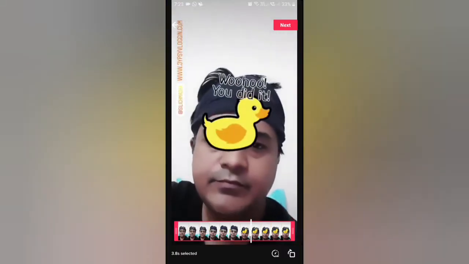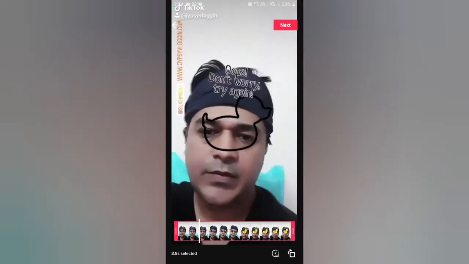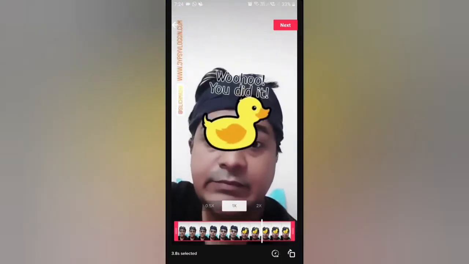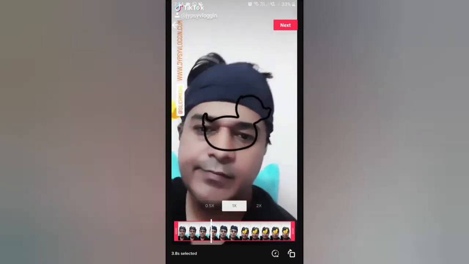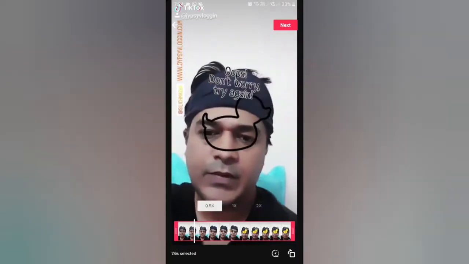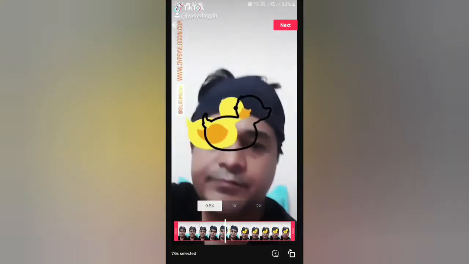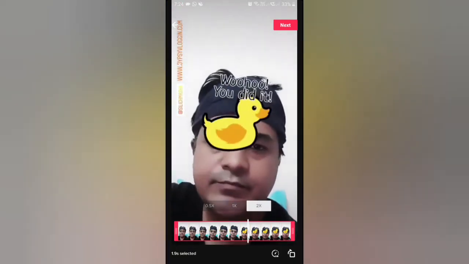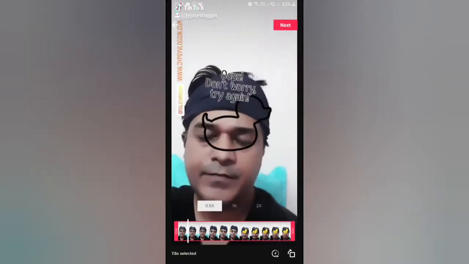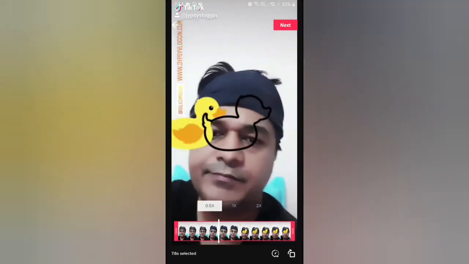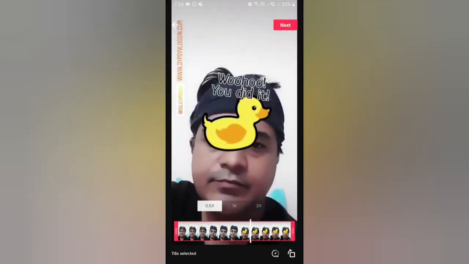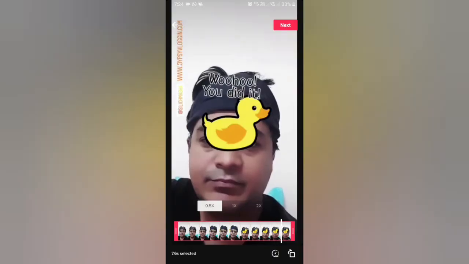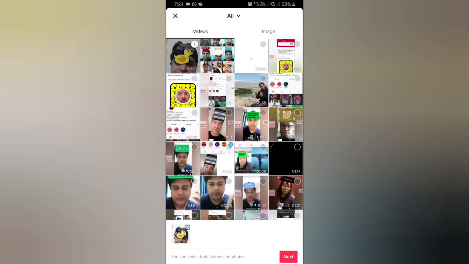Okay, now at the bottom of the screen you can see a timer button, tap there and you will see this. Now select 0.5 to slow the video and 2x to speed up the video. So that's it guys. Likewise you can see slow motion in TikTok, and if you want to check the same thing in Snapchat,